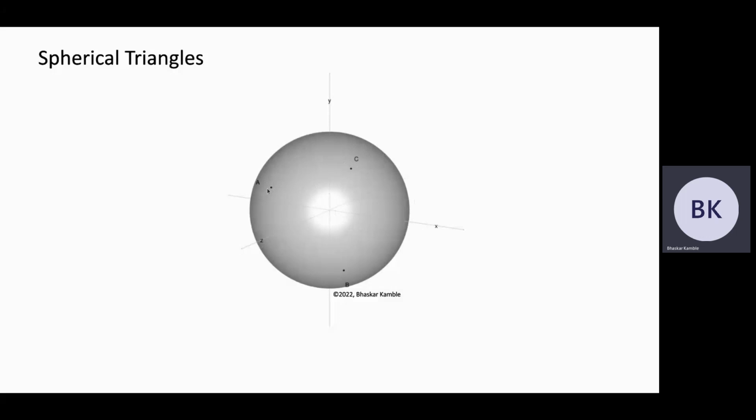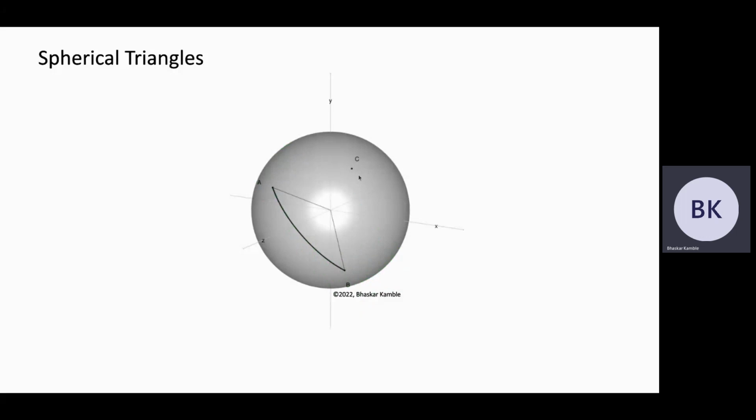So first, let's consider the pair AB. With the pair AB and the point O, we can define a plane which goes through these 3 points. So let's make the plane which goes through A, B, and O, and this plane intersects the sphere in a circle. And this is the circle of intersection. And now let's consider the arc on this circle which joins A and B.